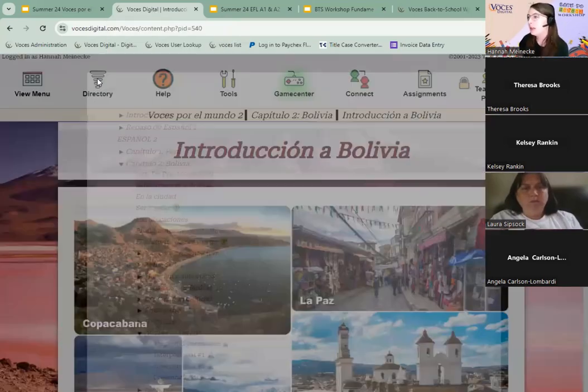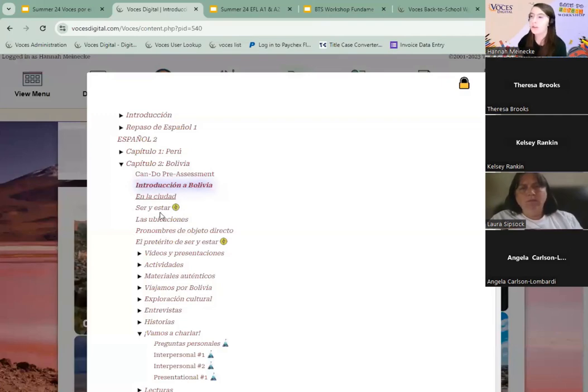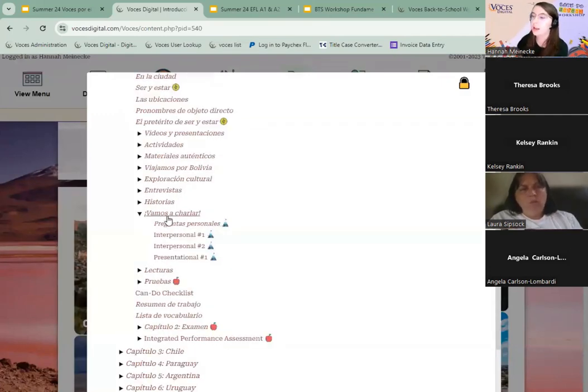So I've got chapter 2 of Voces por Mundo 2 open. And if we come down here, we'll see the speaking section. So in other Spanish programs that you've used before, there might not be a dedicated space for speaking, or it's very sparse, but we want to make sure that students get that chance to, with the interpersonal tasks here, be able to partner up with a fellow student and practice their speaking skills that way. Or we also have several different presentational tasks